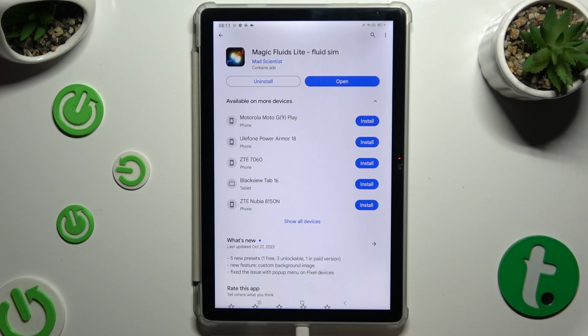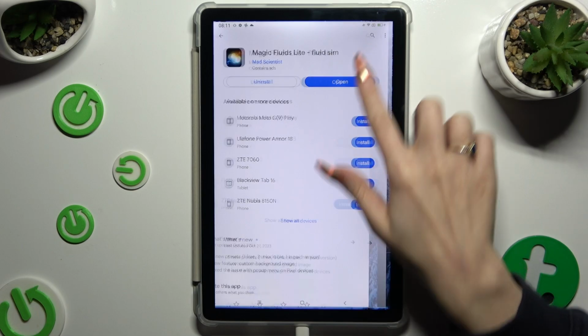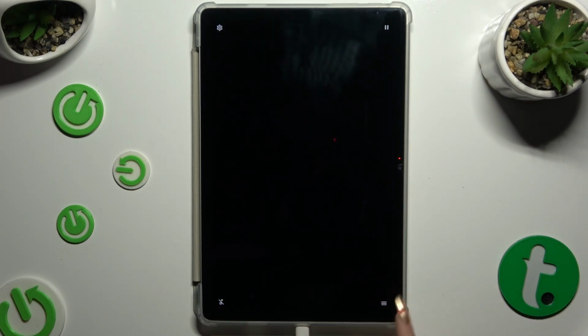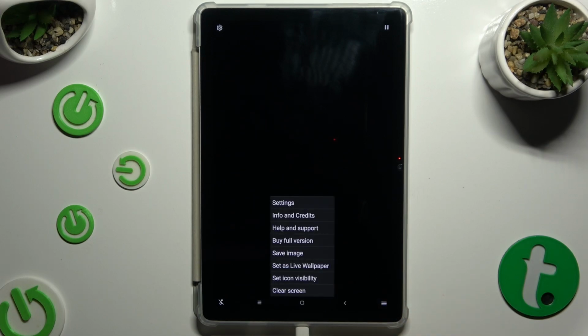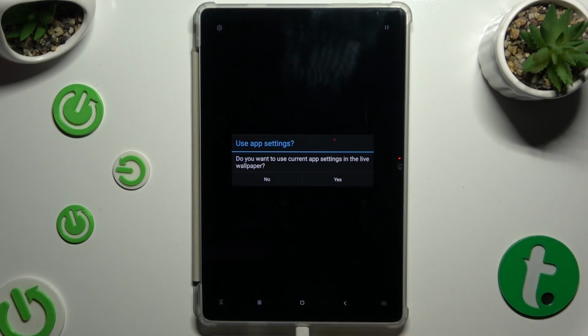When your app is ready, open it, and to mute the music right away, hit the bottom left corner. Now select those three lines, add the bottom right one, click on Set as Live Wallpaper, tap on Yes,